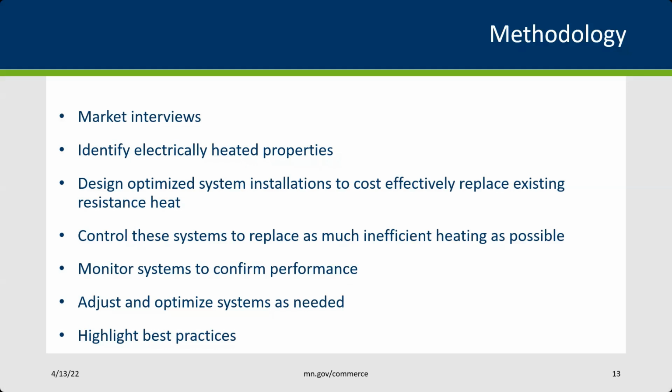So we have some specific takeaways related to that, but lessons learned here can really apply to heating systems of all fuel types. We designed some optimized installs, trying to cost effectively replace existing electric resistance heat. We looked at the control of these systems to replace as much of that heat as possible. We did detailed performance monitoring at all of those sites, and we adjusted and optimized the systems over the course of the heating season as we could based on our